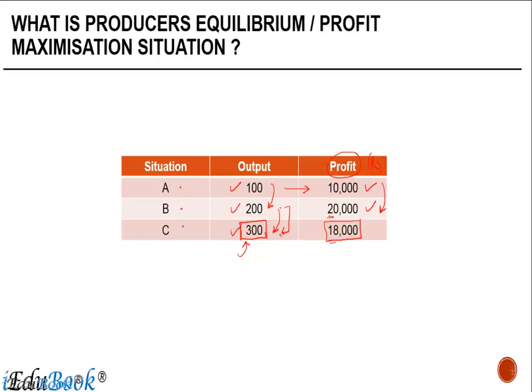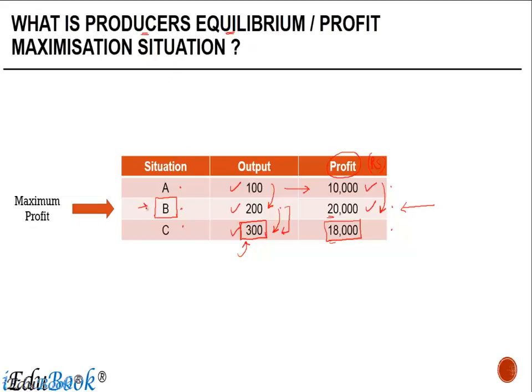Now, if you were a producer, okay, which situation would you love to be in? Will it be a situation where you make a profit of 10,000, 20,000, or 18,000? Obviously, you would want to attain maximum profits, which is given in situation B. And this is the situation where the profits are maximum, right? Since the profits are maximum at this point in time, we say that the producer's equilibrium or the profit maximization